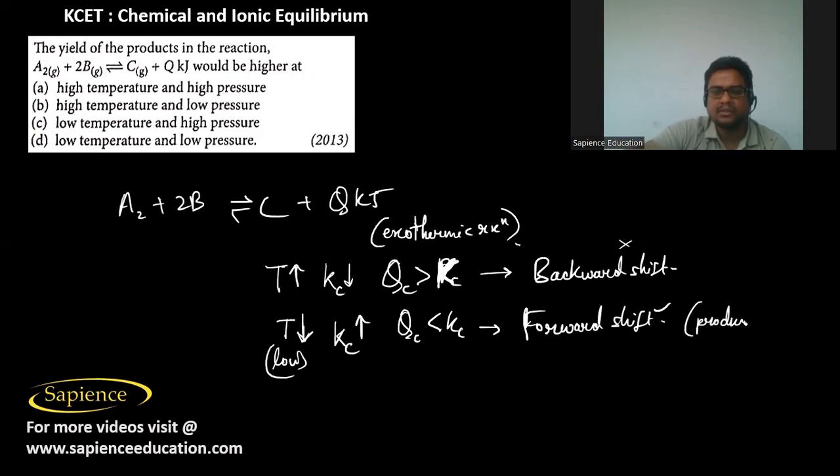So low temperature is favorable for the yield of the products to be higher. And here the pressure